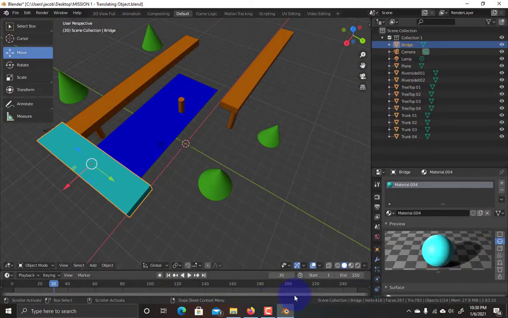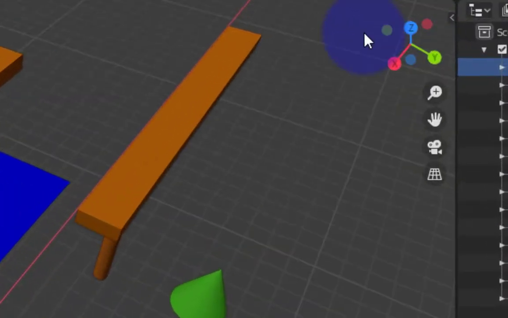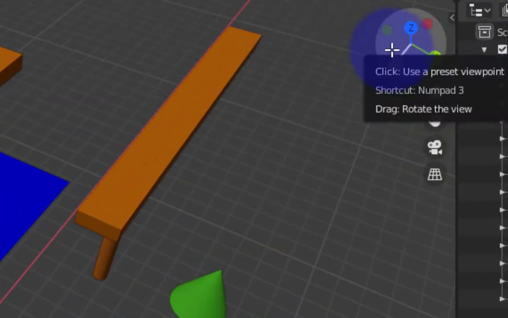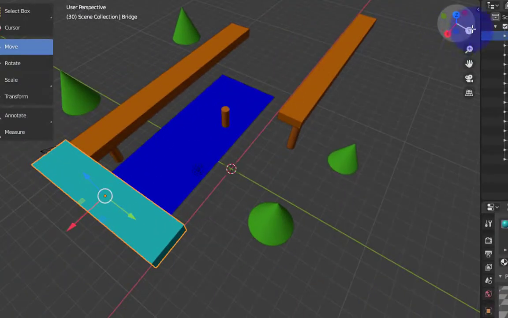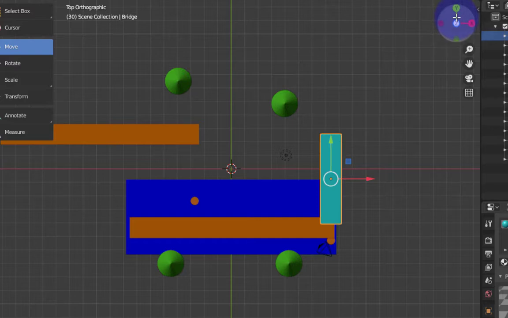And I'm going to give you a couple of hints of how to manage your scene. There's another tool up here. This is another way to orbit around your three-dimensional space, and this is called a preset viewpoint. What I could do is click on these axes here, and if I click on the Z-axis, this will give us a view from the top. And so I recommend starting from the Z-axis, or the view from the top, because we can position these objects